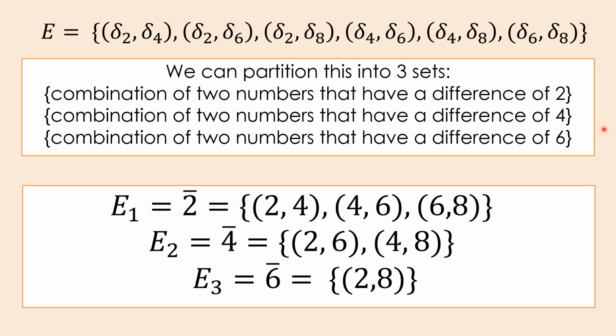Now, let's eliminate some cells. Since these cells satisfy the definition of a partition, it is correct. So among these cells, let's choose the proper cell that we will combine with our subgroup A. We all know that delta sub 2 star delta sub 8 is equal to alpha sub 6, and alpha sub 6 is not part of the group, so cell number 3 is eliminated from the choices.